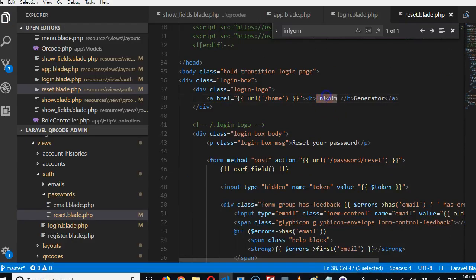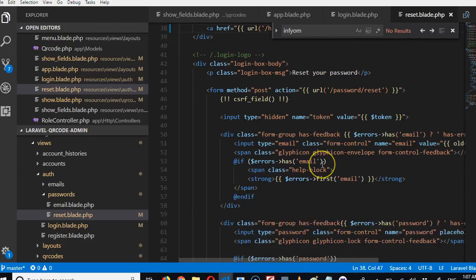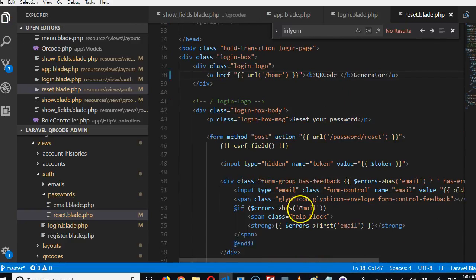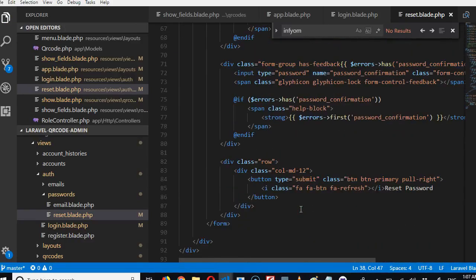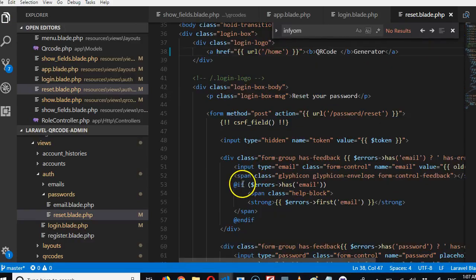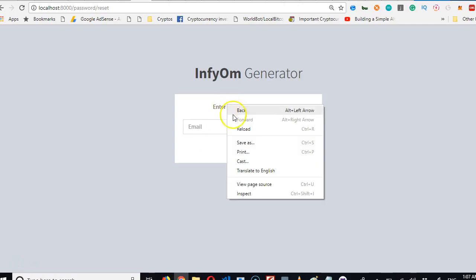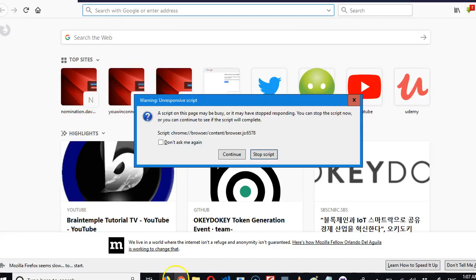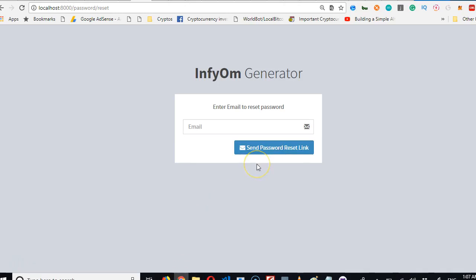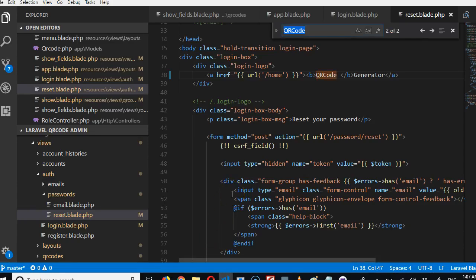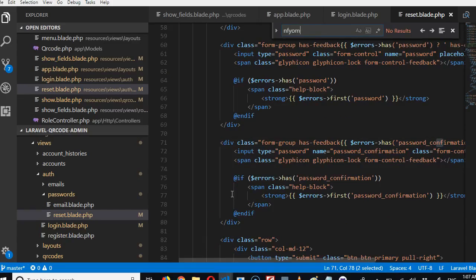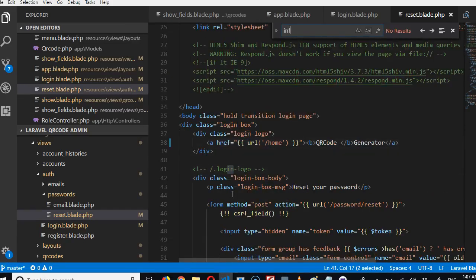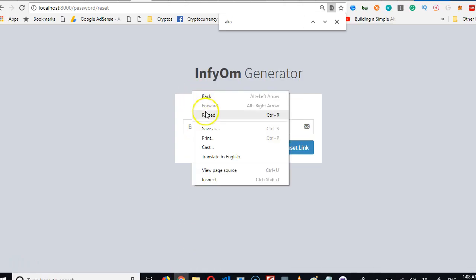Then as we scroll down, we see these reset password QR code generator. I think that's it. So if we refresh, we're gonna come here, Ctrl F, infom, info. I think we sorted it out for this page. If I reload,